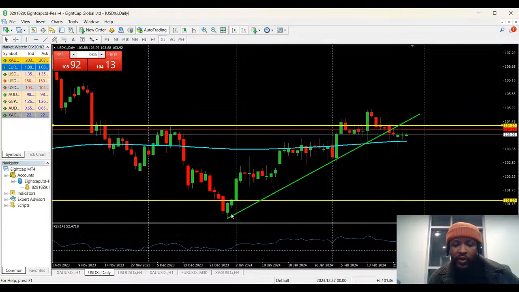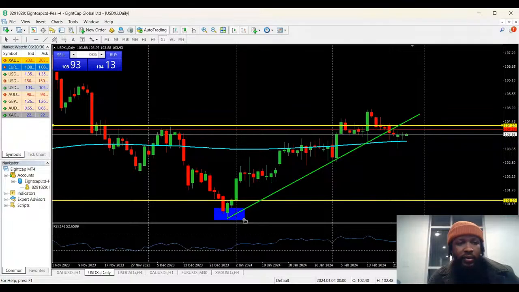So we know for a fact that every time the market touches the green line, which is an uptrend, it goes up, right? As the DXY goes up, any pairs that have USD in front of them should be going up as well, and any pairs that have USD at the end should be going down. So if the DXY is bullish, EU will be bearish, UJ and UC will be bullish, and gold will be bearish as well. This is why it is crucial to take your time to analyze the DXY, right? So you guys can see